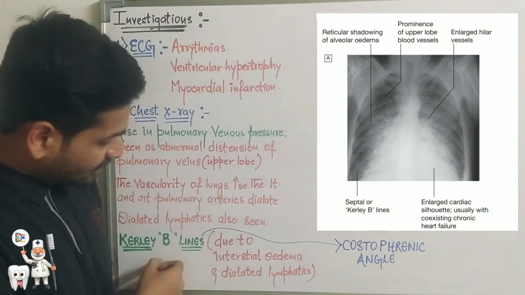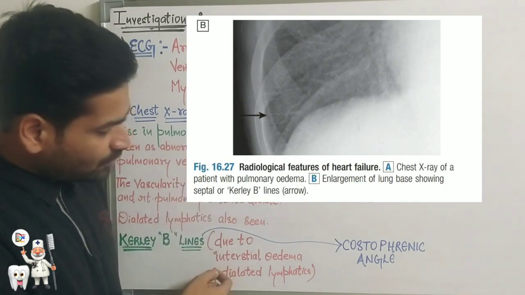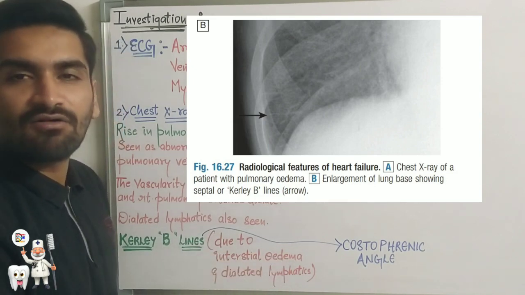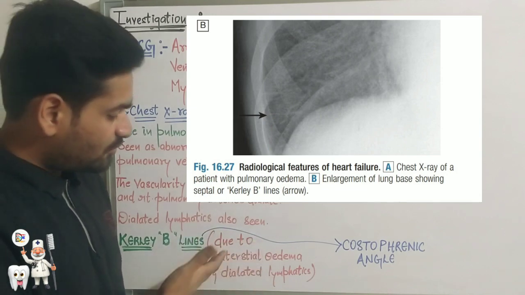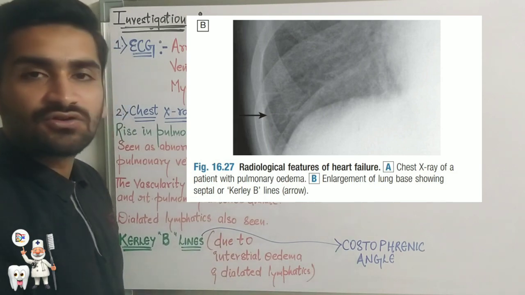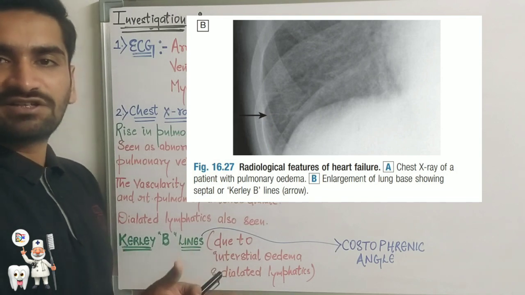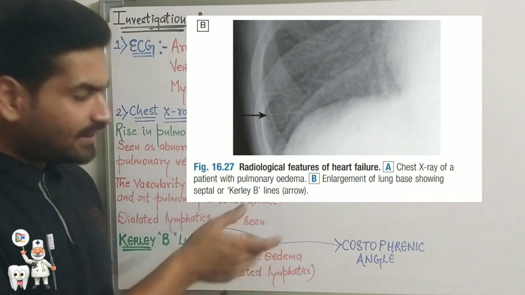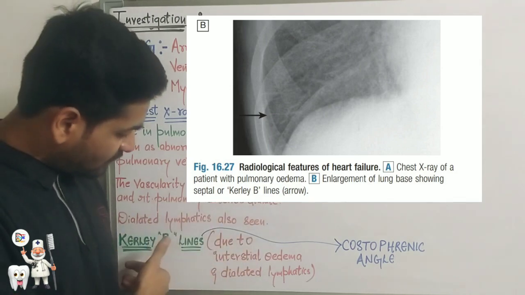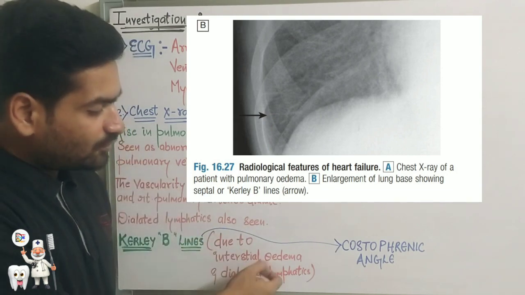And lastly, that is the Kerley B lines. Kerley B lines are radiopaque lines which occur due to interstitial edema and dilated lymphatics. Due to the interstitial edema and dilated lymphatics, there will be radiopaque lines present at the costophrenic angle. What is the costophrenic angle? The costophrenic angle is the angle at which the diaphragm and the lungs meet at the corner. That angle is known as the costophrenic angle. Near that angle we are going to see the Kerley B lines, which are the radiopaque lines seen due to interstitial edema